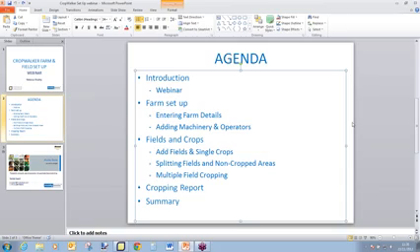Then we looked at splitting fields, so that's easily done. You add the first crop and then directly underneath adding the next crop. Then the time-saving way of adding one crop to many fields, just to remember that multiple field cropping option. And also the reports, so you have that information for your records, or you can share that information